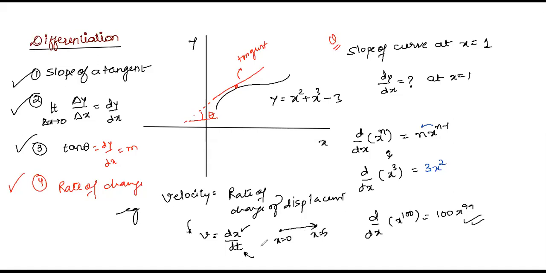So I'll also have to specify in how much time this phenomenon happened. Suppose we started measuring from a point t is equal to 0, and then we stopped measuring at a time t is equal to 10 seconds. So this is how we are talking about displacement with regard to time. And therefore we define a term called velocity, which is nothing but the rate of change of displacement with time,